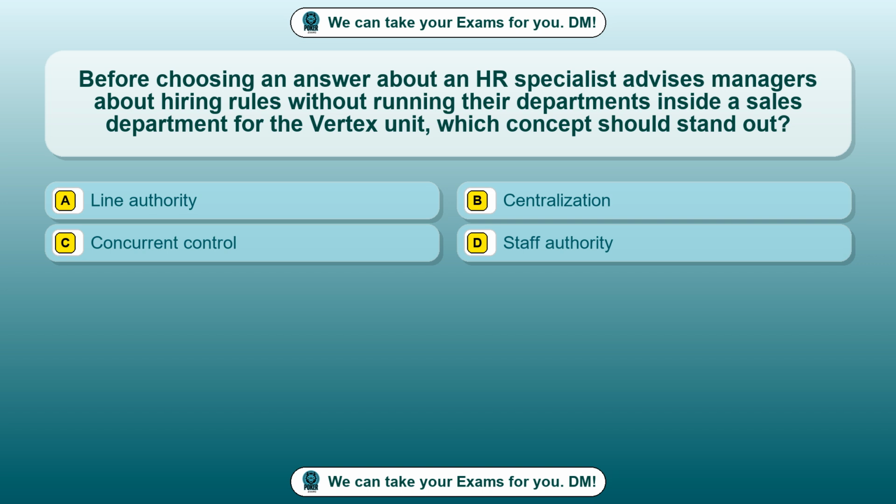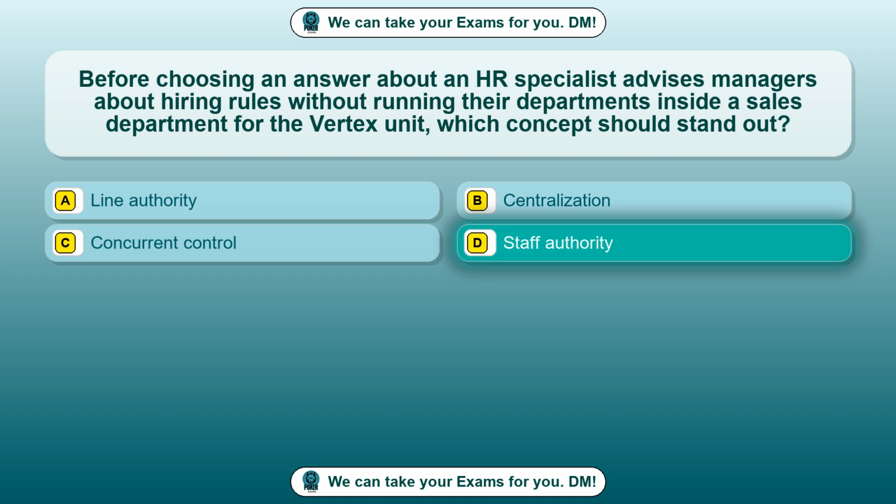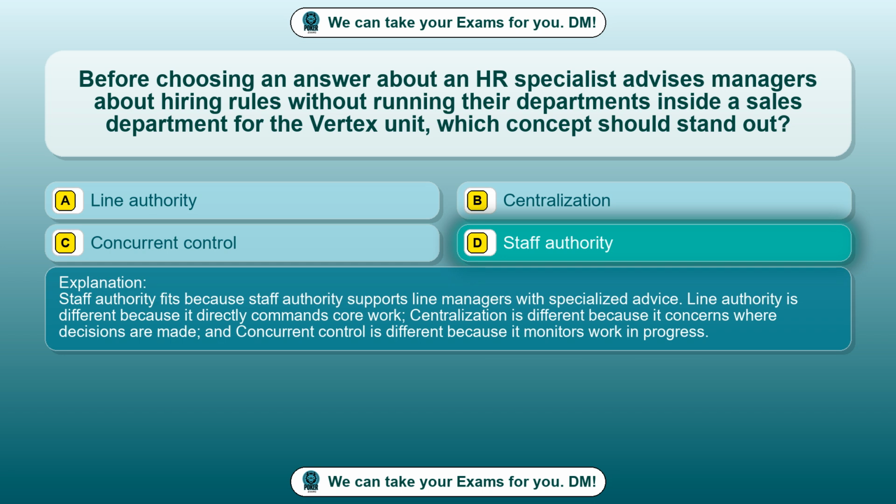Option C, concurrent control. Option D, staff authority. The correct answer is option D, staff authority. Staff authority fits because staff authority supports line managers with specialized advice. Line authority is different because it directly commands core work. Centralization is different because it concerns where decisions are made, and concurrent control is different because it monitors work in